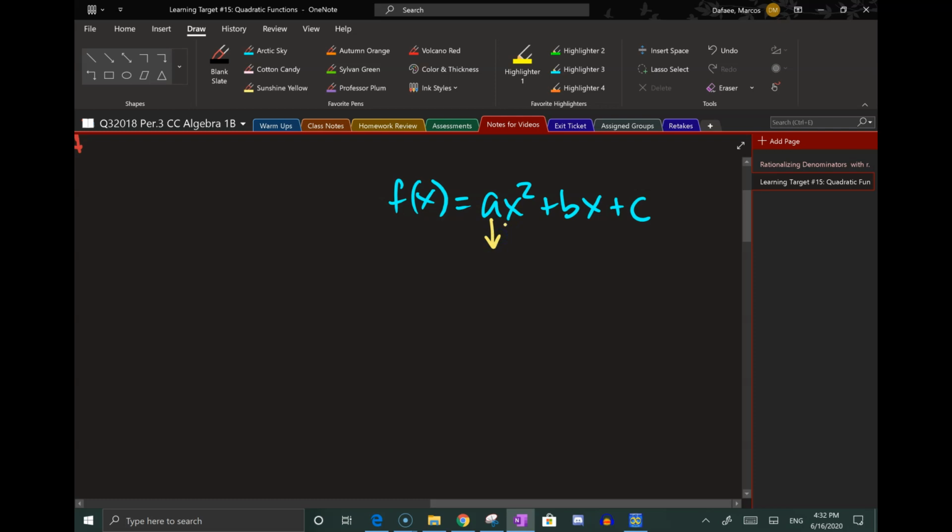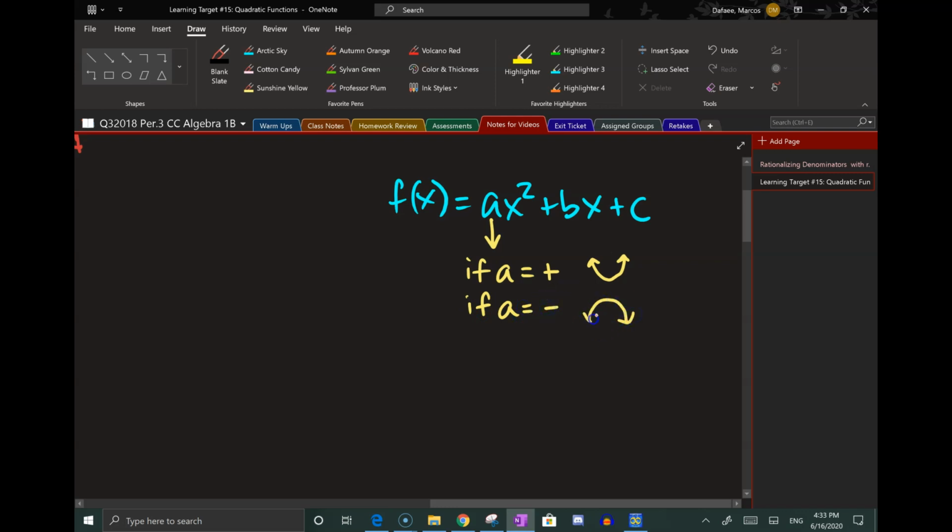So in this case, that would be whatever value that letter a takes. When the letter a is greater than 0, in other words, it's a positive, then what that means is you're going to end up with a parabola that looks like a smile. And if your a is negative, you're going to end up with a parabola that looks